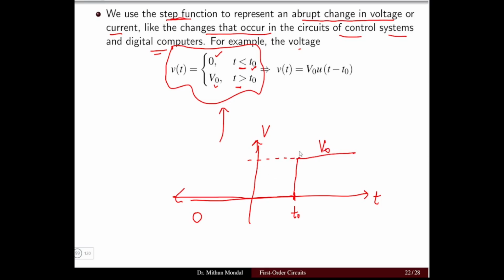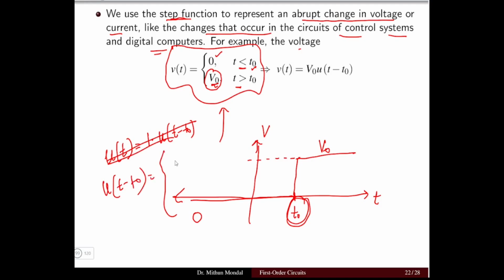So we have studied the step function, and the step function equation we have seen. What is the step function equation? U of t is equal to 1 for a unit step function, multiplied with u of t minus t naught, because there is a delayed function of t naught. Now here we are given V naught, it means we have to multiply the equation with V naught. We can write the equation that is 0 and 1 for t less than t naught and greater than t naught.